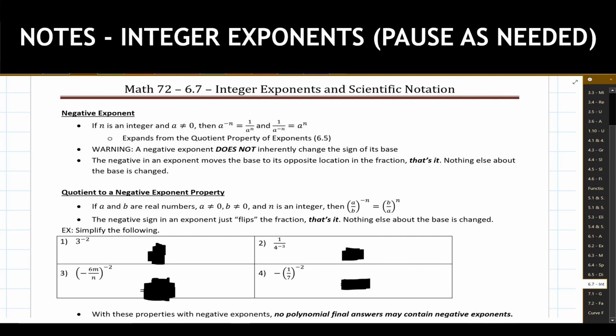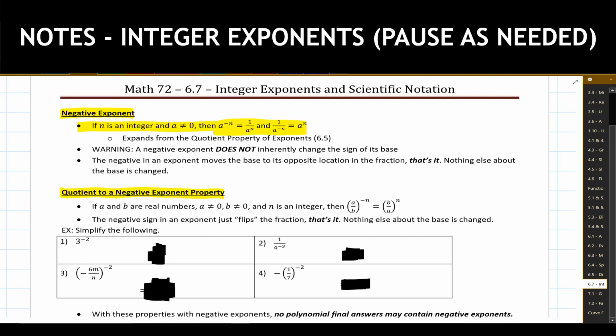The main ones that we're focusing in on are negative exponents, and then quotients that are being raised to powers that have negative exponents associated with them as well. So I'm going to highlight the specific bullet points within this that I would recommend that you write down for yourself. And I'll give a little bit of a pause before we actually start talking about these. So our main ones we want are